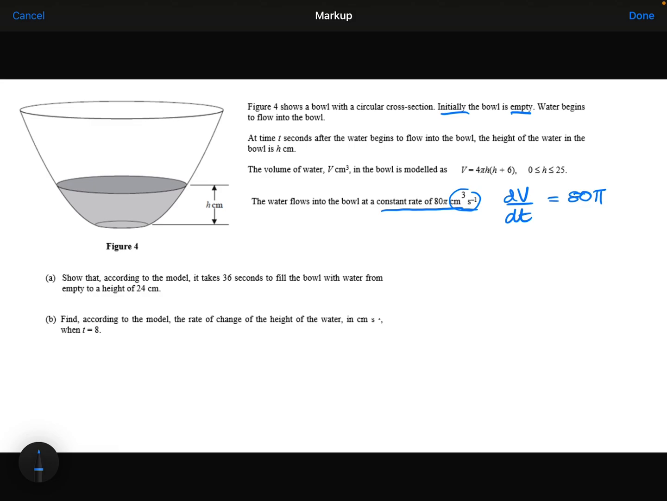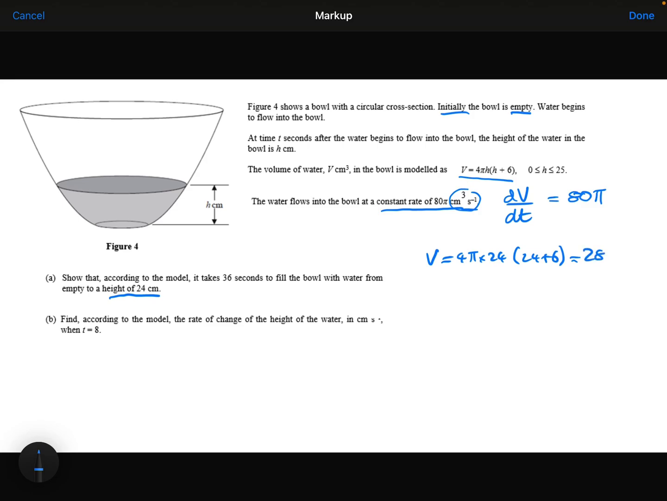Show that according to the model, it takes 36 seconds to fill the bowl with water from empty to a height of 24 centimetres. So a height of 24 centimetres, we can use that with the equation here to say what the volume of the bowl is going to be. The volume of the water is going to be 4 pi times 24 times (24 plus 6)